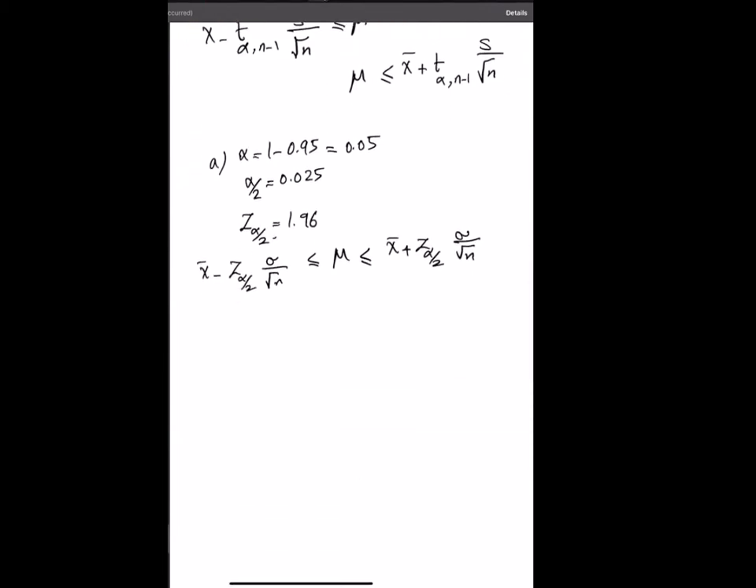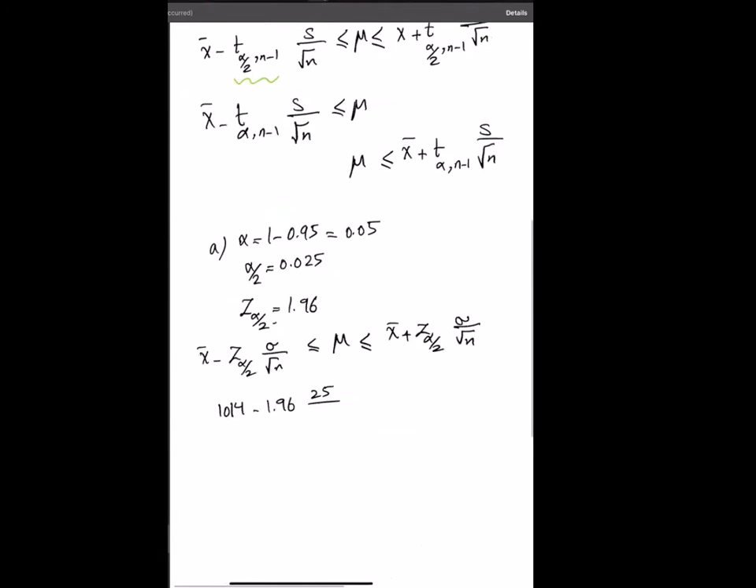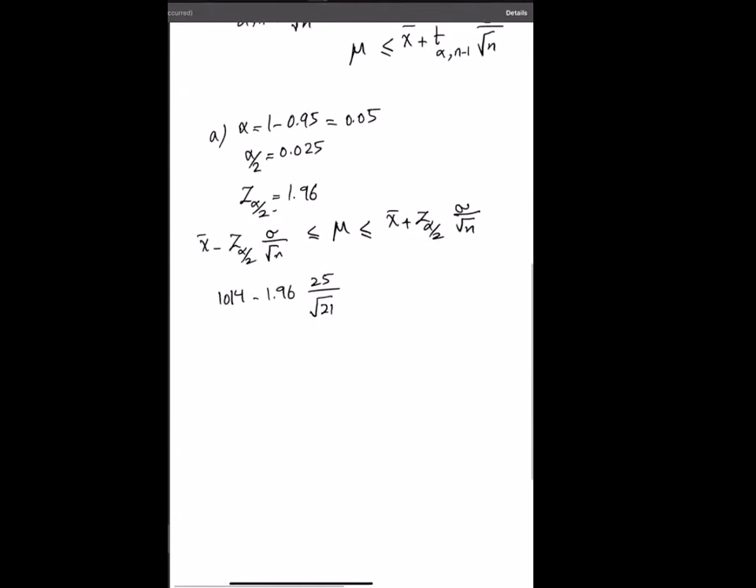And x bar, 1014 minus 1.96 sigma, 25, right? Square root of n, 21. And it's going to be